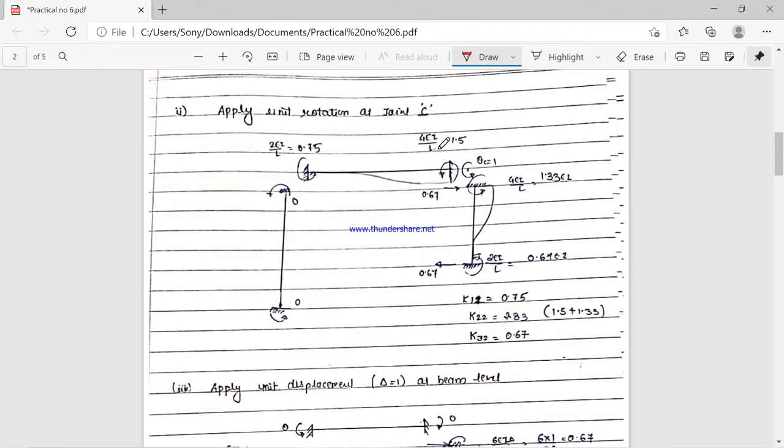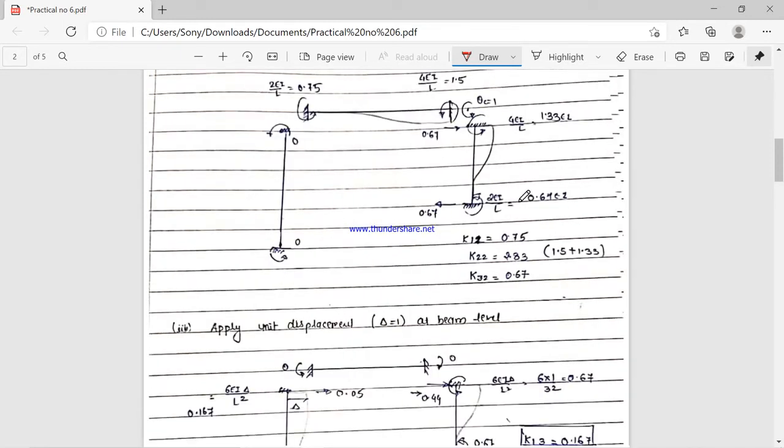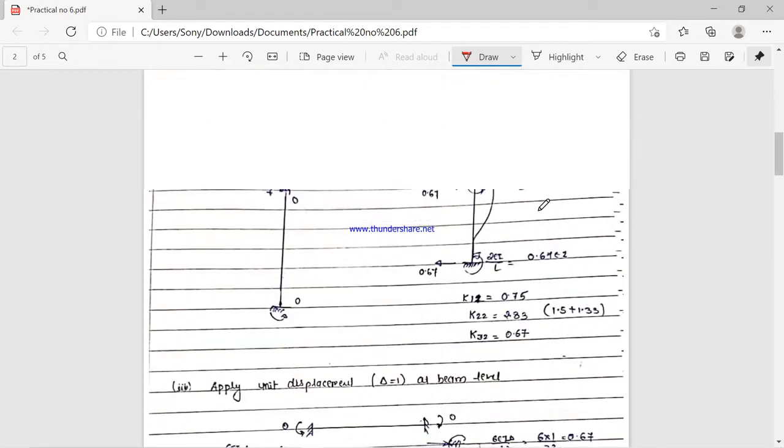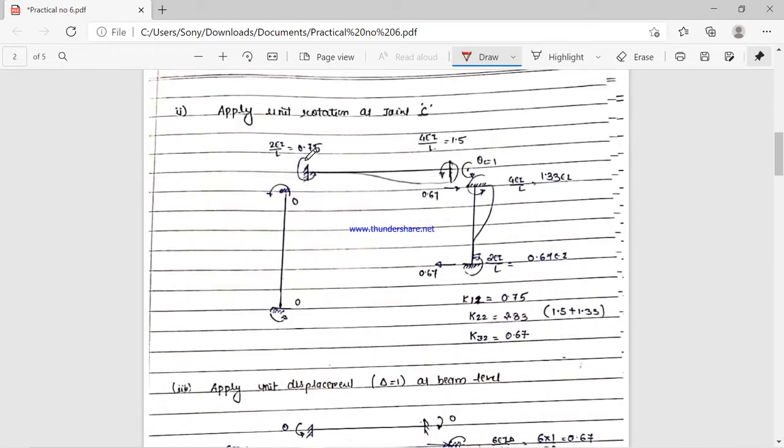We have to calculate the values 4 EI by L and 2 EI by L at the column as well. So here K12 is equal to 0.75, then K22 is equal to 1.5 plus 1.33, that is 2.83, and K32 is equal to 0.67. This is because of theta b, theta c, and because of displacement.